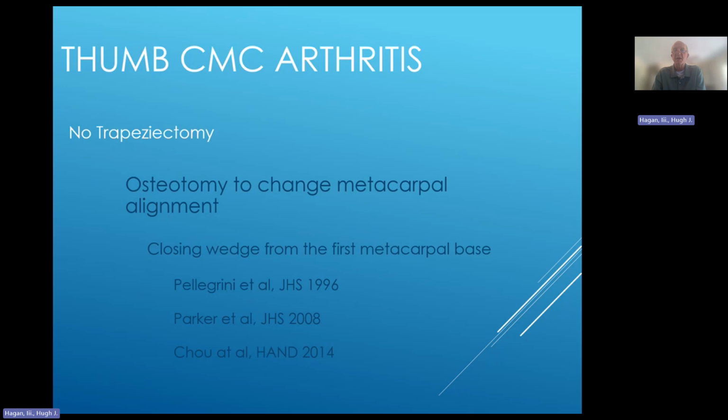Osteotomy to change the metacarpal alignment is a closing wedge osteotomy of the metacarpal base. This has been described in several locations, most recently in the journal Hand in 2014. The Mayo Clinic experience with this has been good. My experience with this has been good. But once again, you're doing it in very early stage, Eaton 1 or early Eaton stage 2 hands. And I think it's probably a procedure you'd confine to the younger patient population in which you're trying to preserve